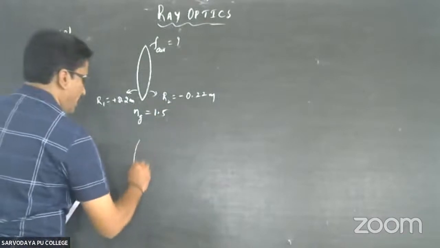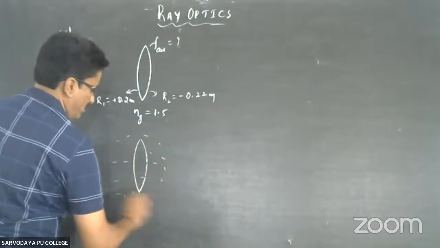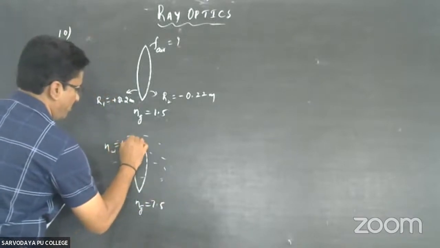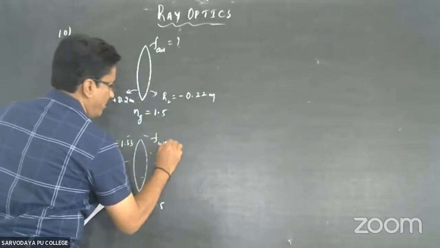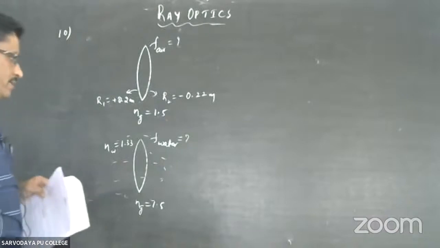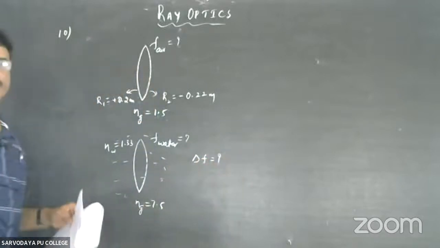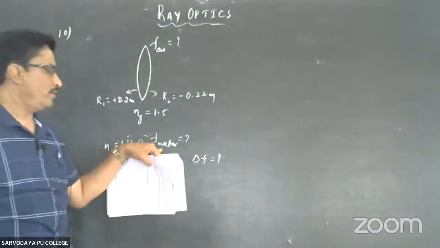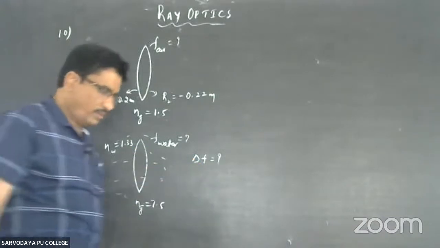Afterwards, the lens is placed inside water. That is, Ng is 1.5, but Nw, the surrounding medium, has refractive index 1.33. The same lens, and we have to find out F in water. The focal length in water is needed because we have been asked to calculate delta F, the change in focal length. Change in focal length we can calculate only by knowing this. That's why the delta F concept. Okay, now